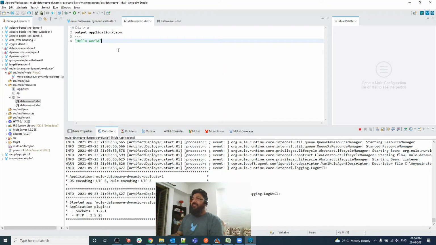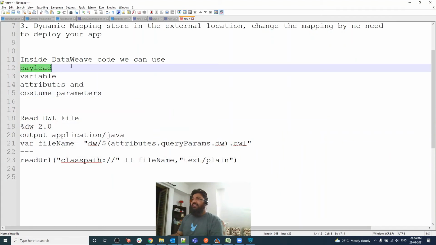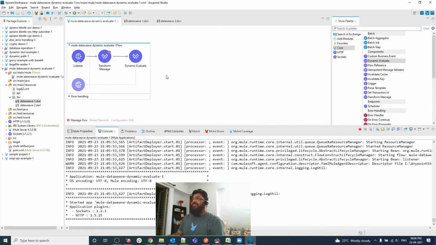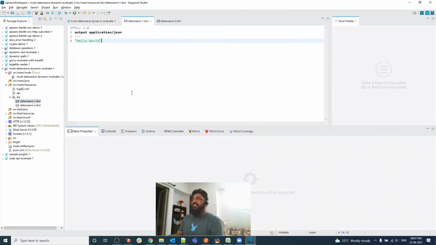Let me make some changes to those DataWeave files. Our DataWeave script can use payload, variable, attribute and custom parameter. Let me make some changes inside this DataWeave.